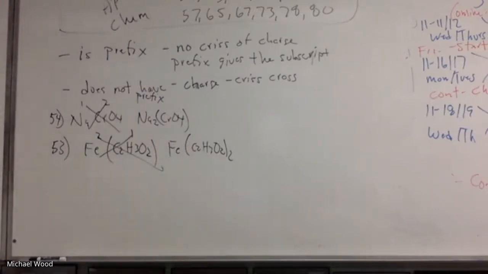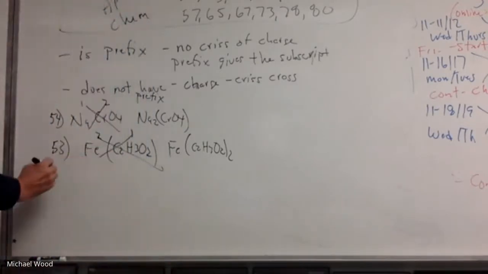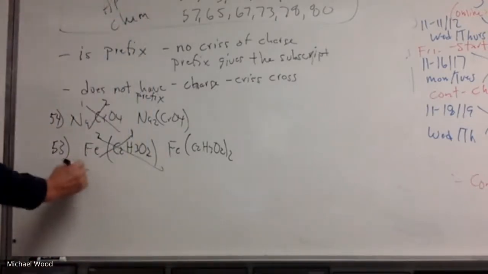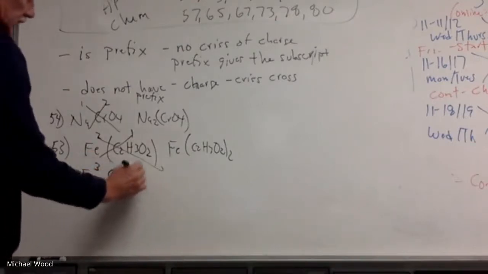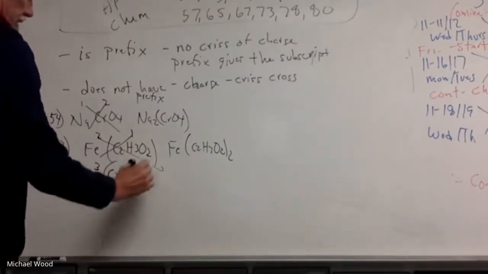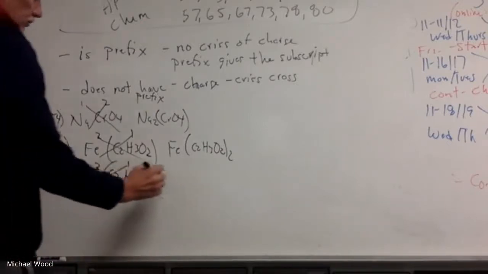Okay, so that's 53. 52 is another one with a Roman numeral. So again, no prefix, so that means I've got to look up the charge. So this is iron 3, and then acetate, which is a 1. And again, you need the polyatomic ion in parentheses. So if you cross those over, what you get is